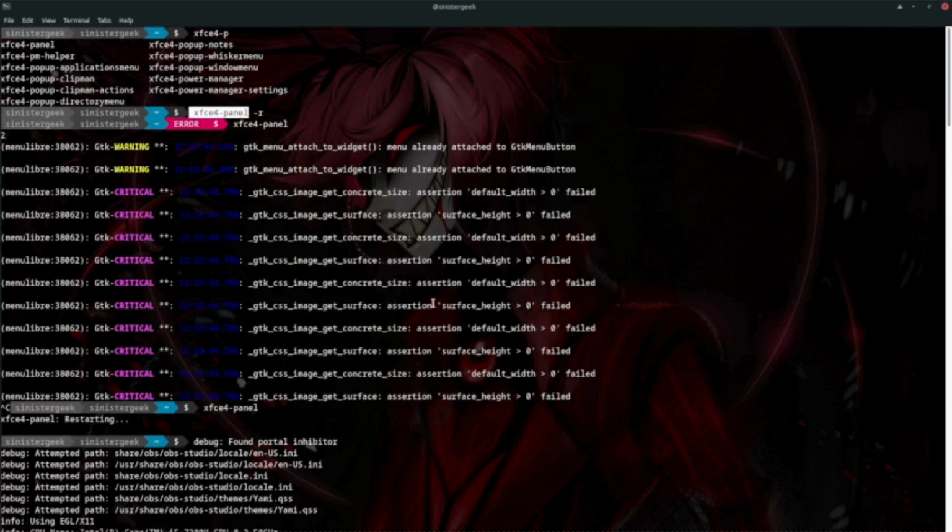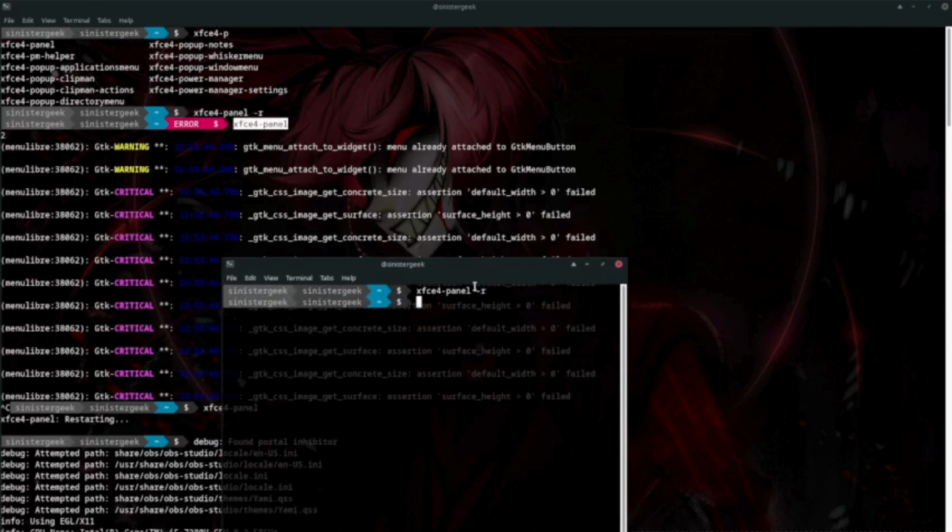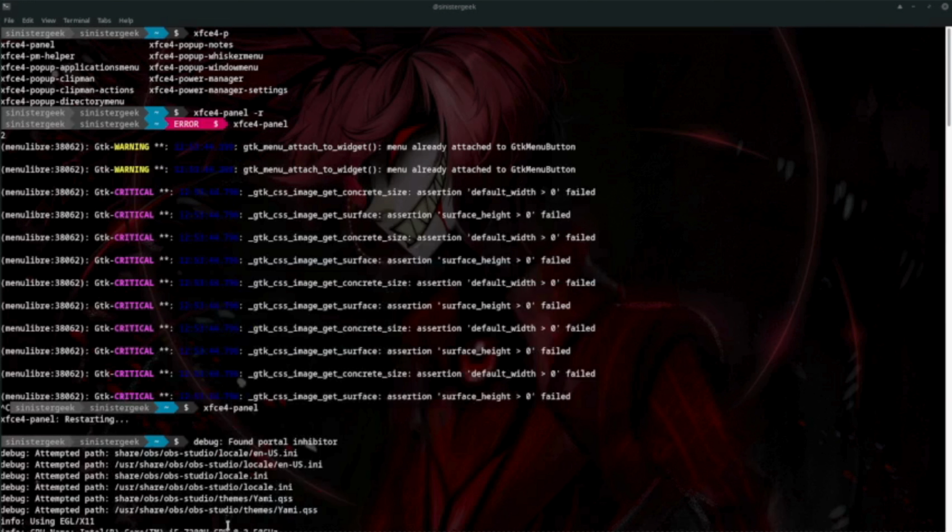So in order to show the menu, what you need to do is type xfce4-panel, just type this, and if you go on this next terminal and do xfce4-panel -r, then it will restart it and you will get